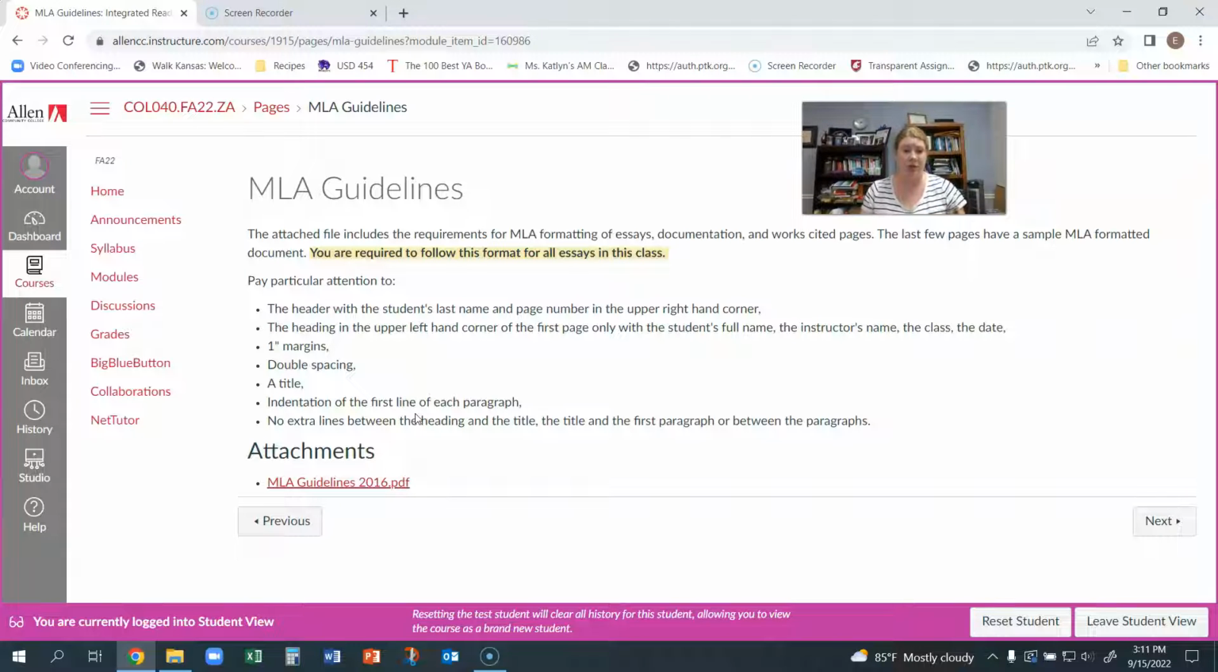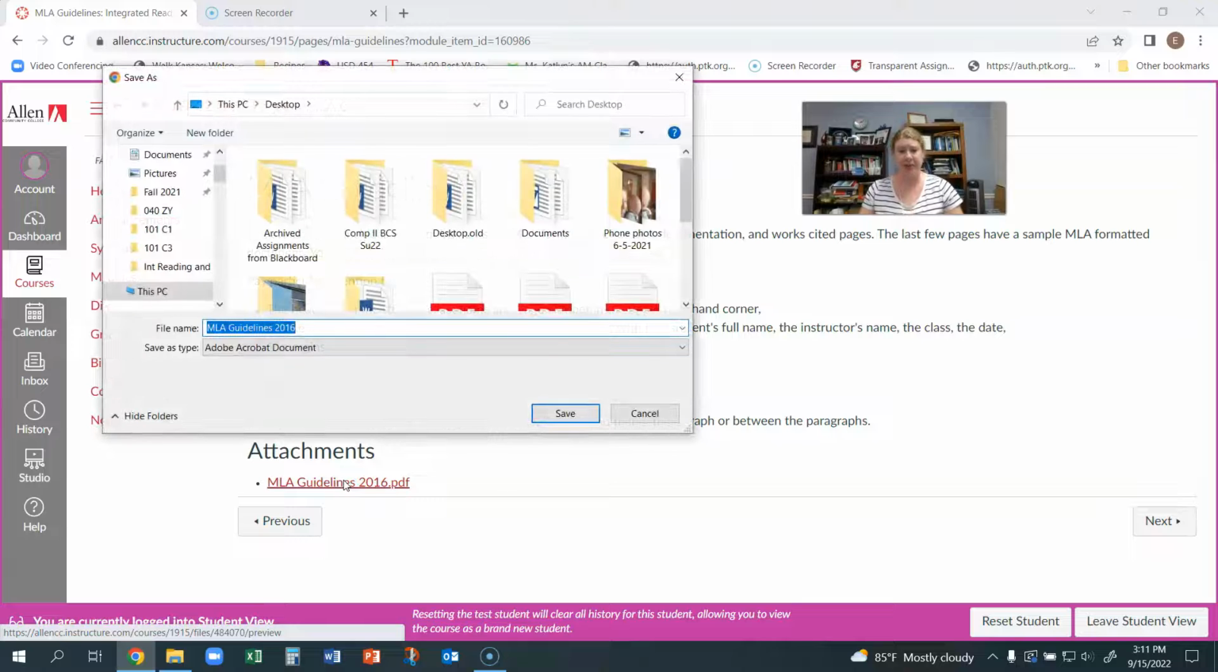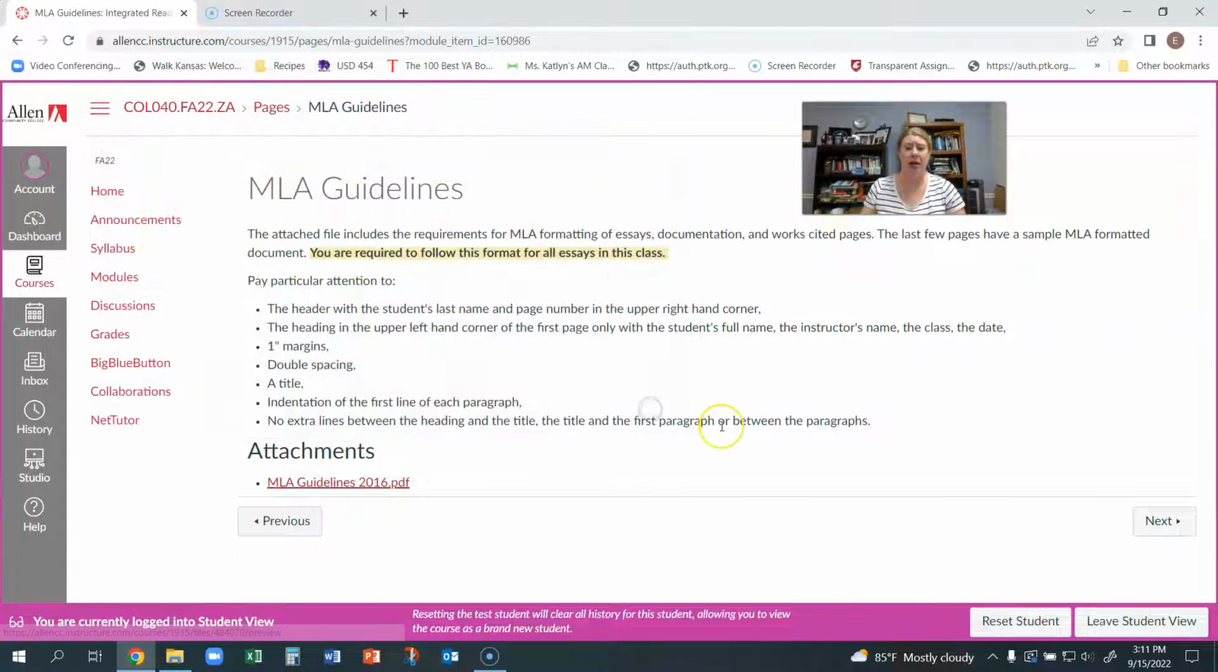And so the best way to do this is just to set that up right before you start typing. And there's a PDF here. This is a PDF that links to something the Purdue OWL created, and it has all of the guidelines explained on there. If you are having trouble with your processing program, if you're using Google Docs or Word Online or something like that,